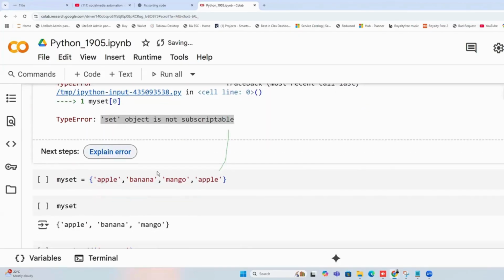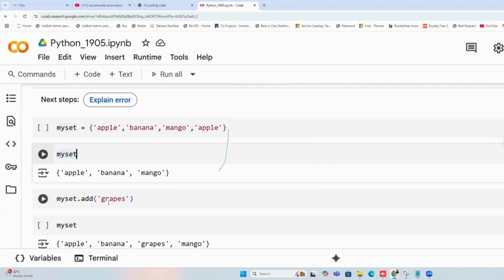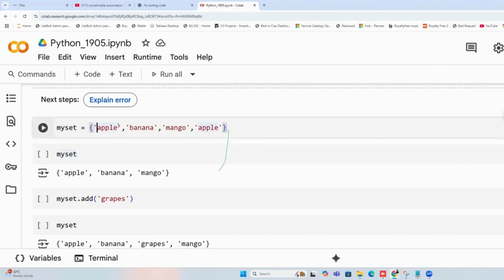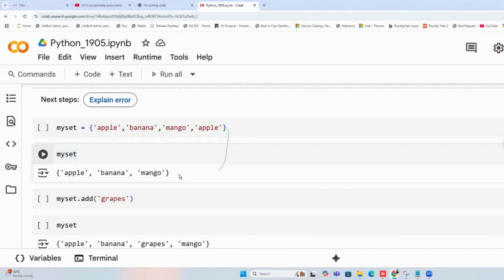Okay. Then, if I want to change something in a set, I can convert this to a list, or I can add elements directly to a set. How will we do that? My set dot add grapes. I have a set now and I want to add something. I will do dot add grapes. So when I do that,